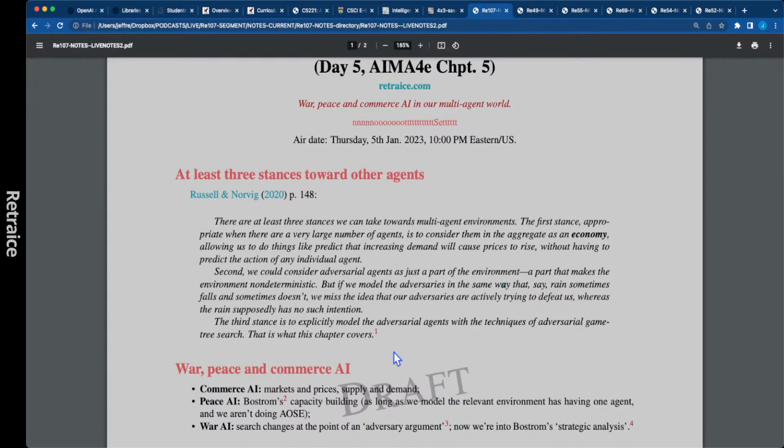Bostrom's capacity building is one of the two answers he gives to his superintelligence problem. What can we do now, in the lead up to this owl that's coming? I don't know if you've seen the cover of the book, but, hey, I've got it. The owl. How do we prepare for the owl? You don't know the parable of Skronkfinkel? The unfinished fable of the sparrows. Anyway, how do we prepare for the owl?